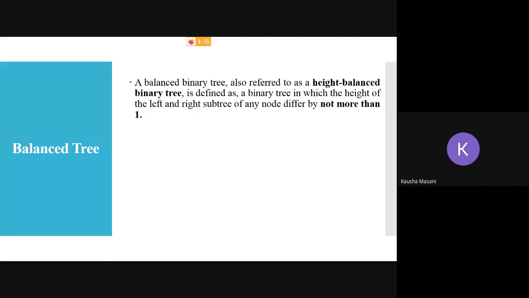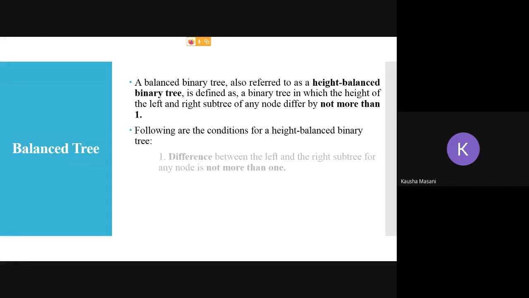That means it is out of balance. It cannot be 2 also, it cannot be 3 also, it cannot be -3, it cannot be -4. The range of balance should remain between -1, 0, or 1, either of any three. If the range is going out of this, like beyond 1 or beyond -1, then you have to rebalance. All right, so those are the conditions.